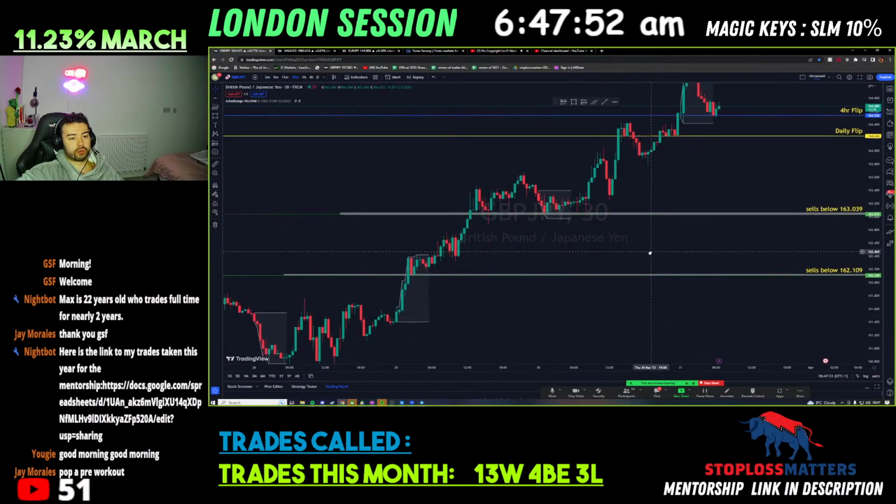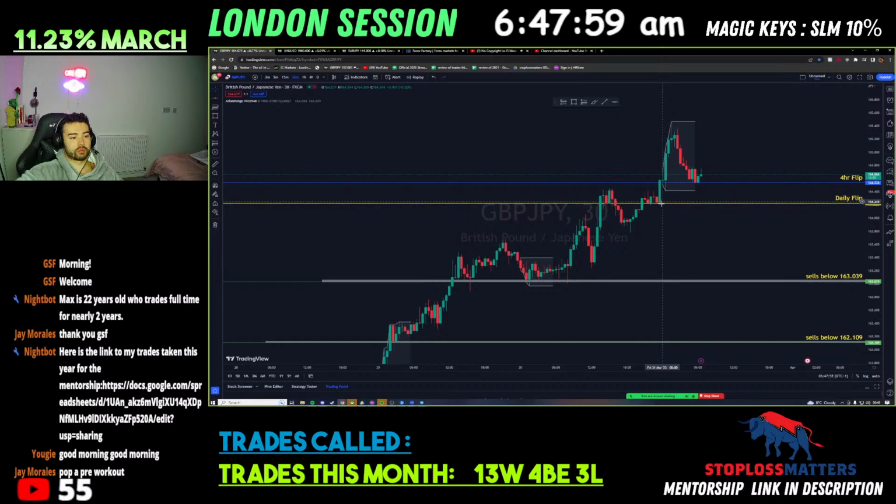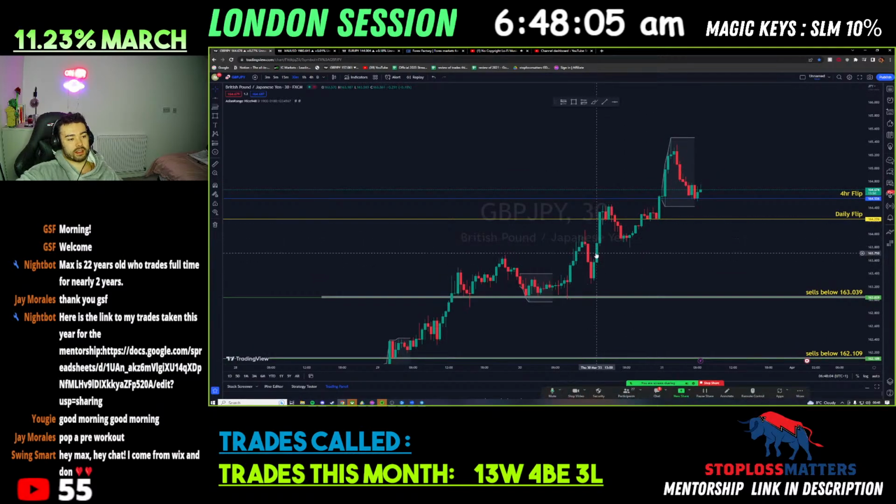Okay, beautiful, beautiful, beautiful. GJ does not make any bottom wick too max. Yeah, it's pushed up pretty quickly, eh? So yeah, I mean, those are my selling levels. Don't really care about sells anywhere else, really. I mean, you could maybe get 163.873 to continue back down to 163.300, but